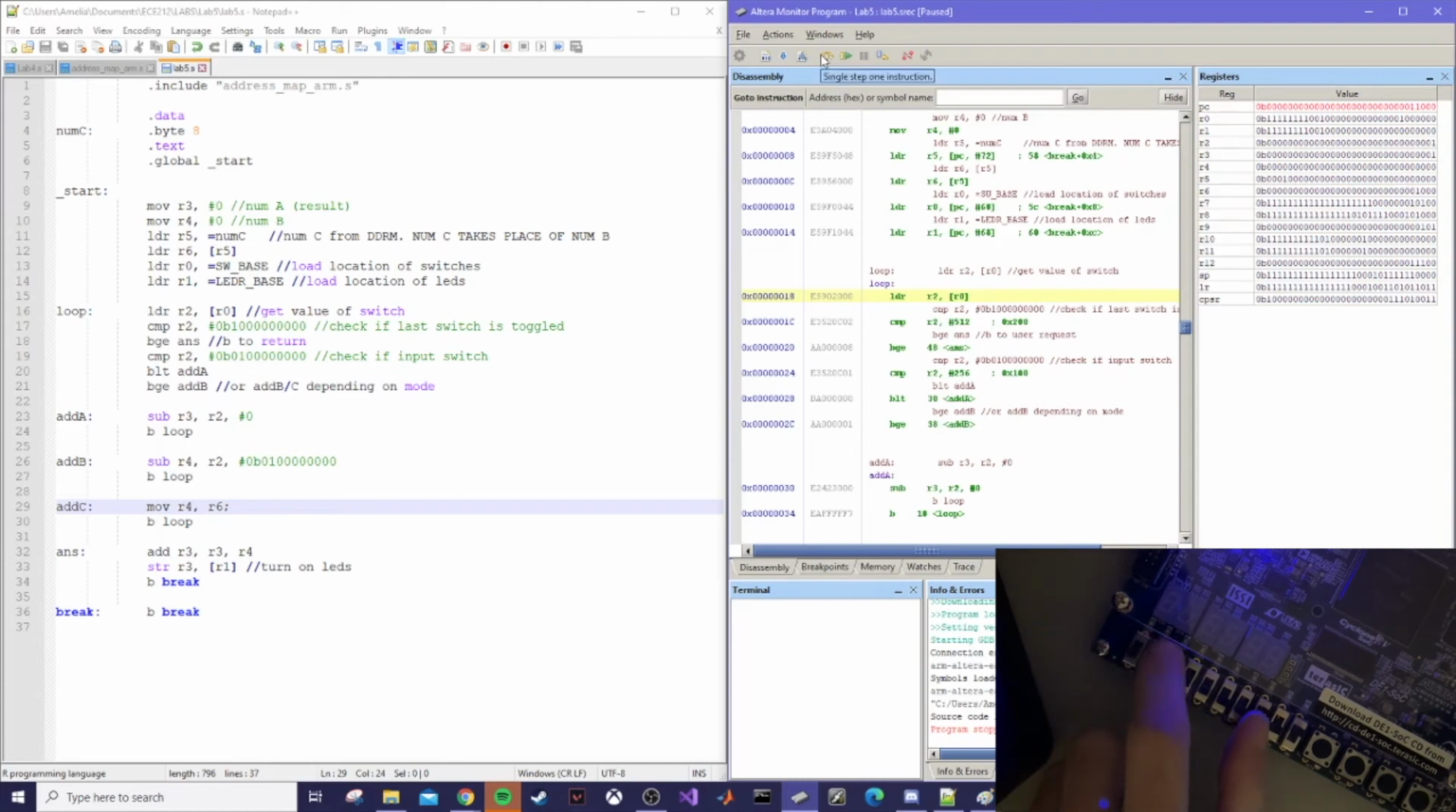my number that I want to add, which in this case is going to be 4. Okay. And then I'm going to select the AB selector switch to the on position. So now when I go through the branches, I'm going to load this entire value from the switches into R2, compare it with the value right here, and then branch if it's greater to B, which is going to add B. So I'm going to go there